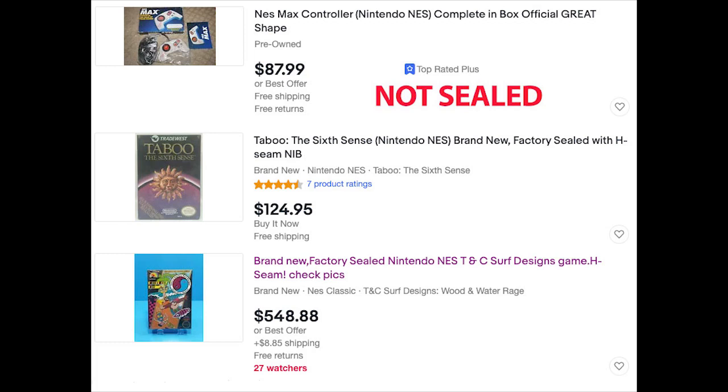I'd say 100. I mean, I really don't recall at this point, but my rule of thumb is to basically add 50% of that cost, or maybe even 100%, depending on how good the shape is. So we could say even 100 and a quarter for that, and then the Taboo game going for about 125,